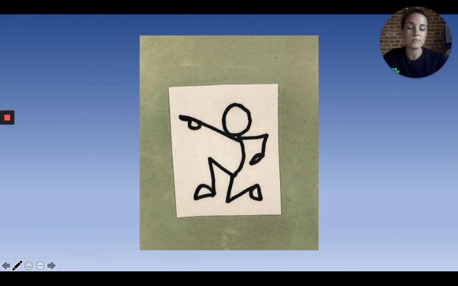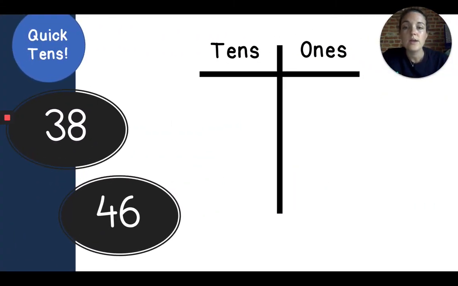Okay, your turn at home. Time to show me what you know. So, you guys can't draw on my screen because you're watching this video, right? So what I want you to do is draw this on your own at home. You can draw it on Class Dojo for me. You can draw it on a whiteboard or a piece of paper and take a picture. I want you to do that and send it to me. So the two numbers I want you guys to represent at home are 38 and 46. So go ahead and use quick tens and draw that for me. Show me what 38 would look like and what 46 would look like. And if you want a challenge, you can add your own number in there too as a third number, all